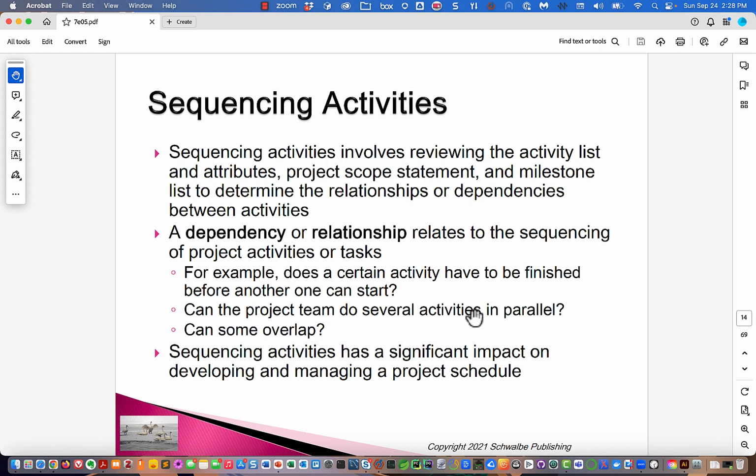Can the project team do several activities in parallel? Often, yes. Can some overlap? A lot of people will say no, that they can't overlap. And the method that I'm going to show you for calculating schedules assumes that they can't overlap. But in project planning software, like the budget version of that, something like Microsoft Project,